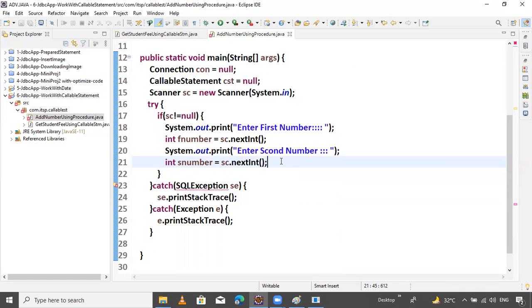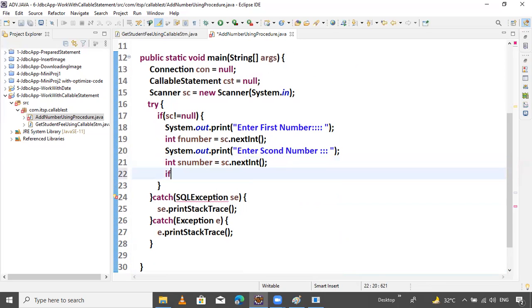Then next is to establish the connection. Before establishing the connection, check the connection. Okay, so now if con not equals null, no, here it is not.